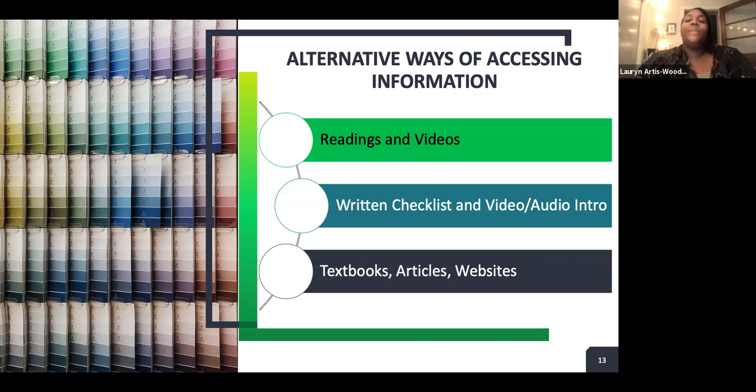So try to offer students different ways to access that information. In addition to reading about classical conditioning, see if there's a YouTube video or maybe create one that also explains the concept. Make a weekly video or audio introduction and checklist for your students to go along with that text